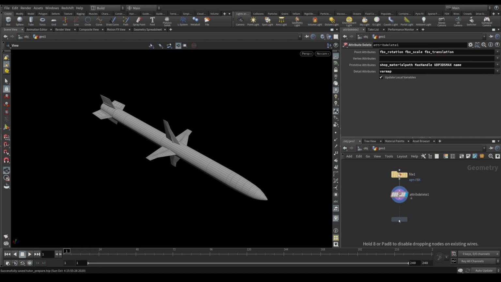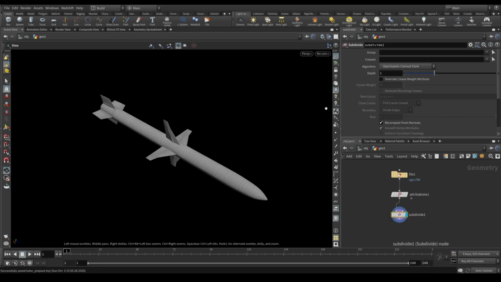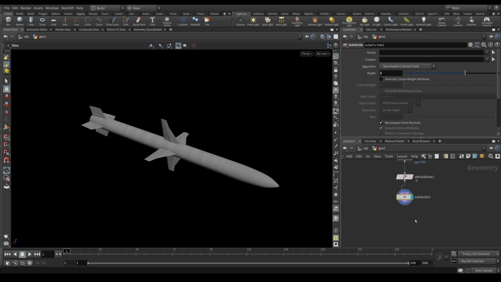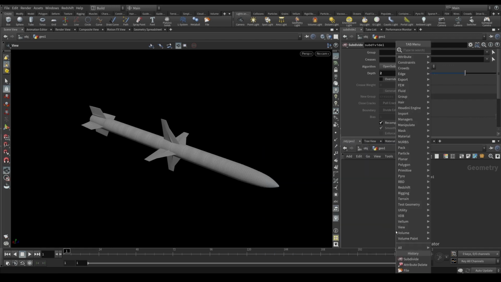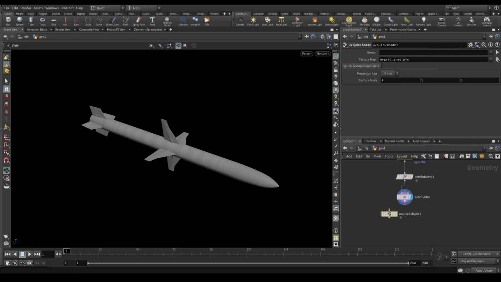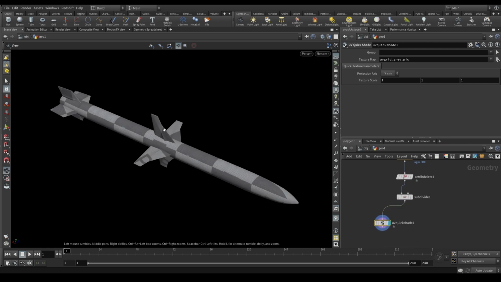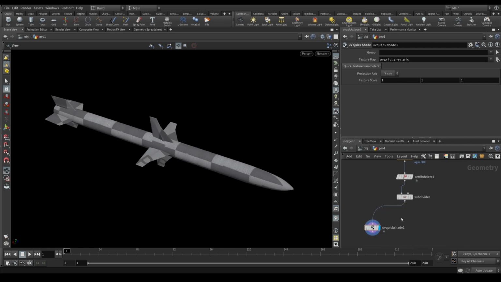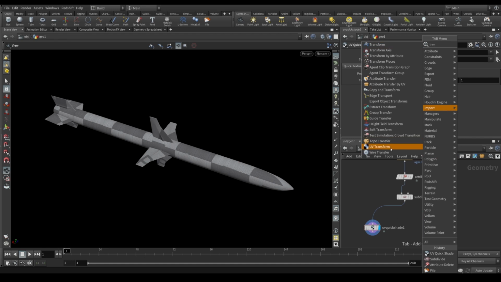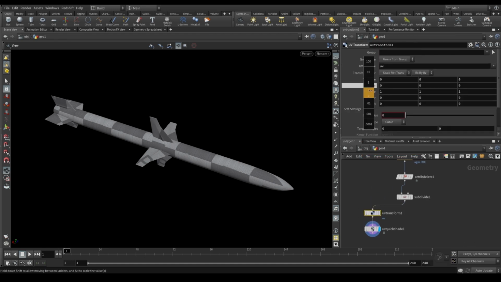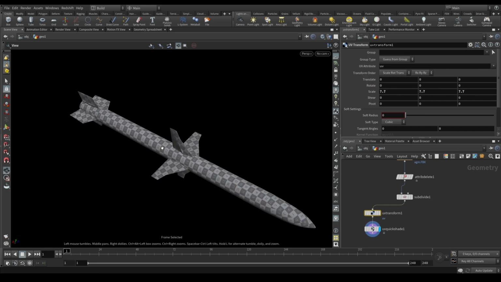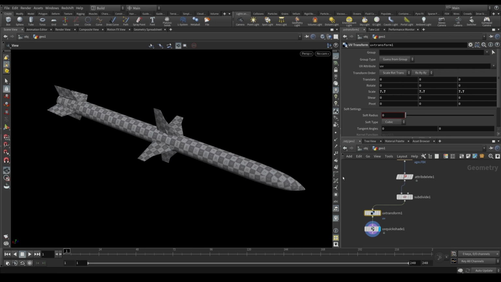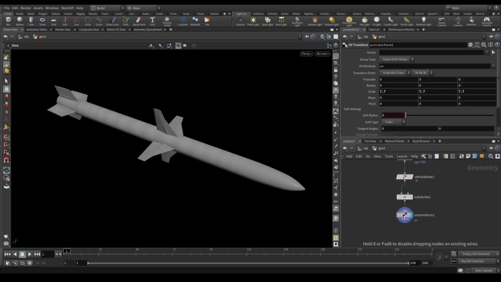Let's subdivide our geometry a little. I think 2 is okay. So, and let's check our UVs. So they seem to be a little big. So let's transform the UVs. UV transform and scale it up a little, or something like this. Okay, so now we have UVs,